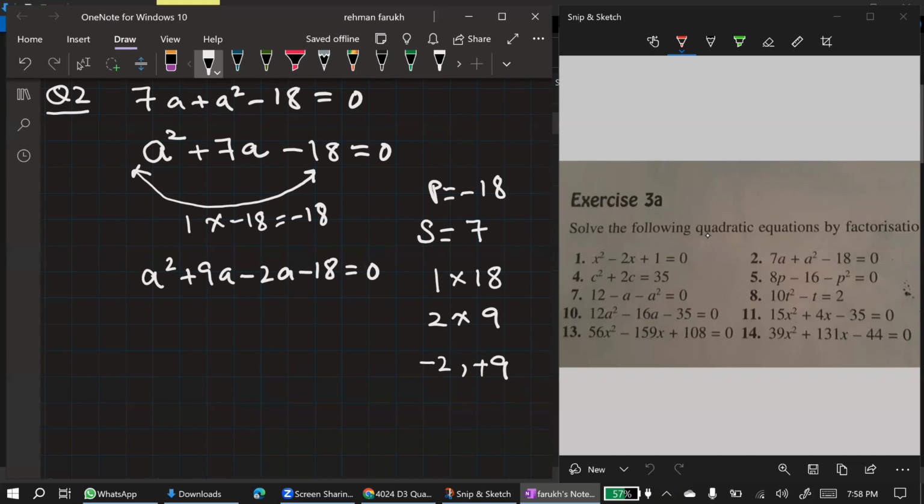Now we have four terms. We will consider the two pairs. A is common in the first pair, a plus 9 in the brackets. Minus 2 is common in the second pair, and in the brackets there is a plus 9. If we will take 2 as common from the second brackets,